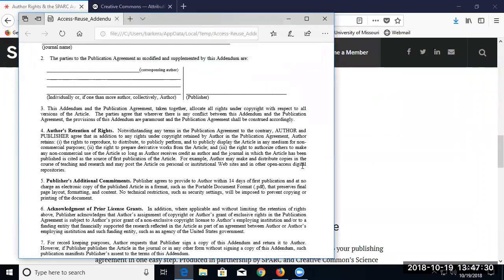So I want to attach this to my contract with the publisher. It gives the publisher the rights to do what publishers typically need to do, but it reserves rights to the author to do the sorts of things an author might want to do, particularly as an educator. Copyright is not one bundle of rights that has to all stay together. You can unbundle them and parse them out and say, I'm going to give you the right to do this, and I'm retaining the right to do that. So it's a good thing to examine any publication agreement carefully.